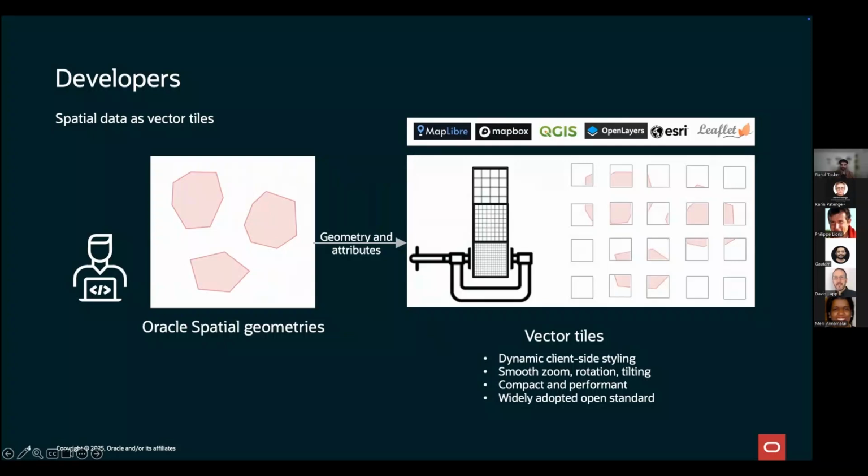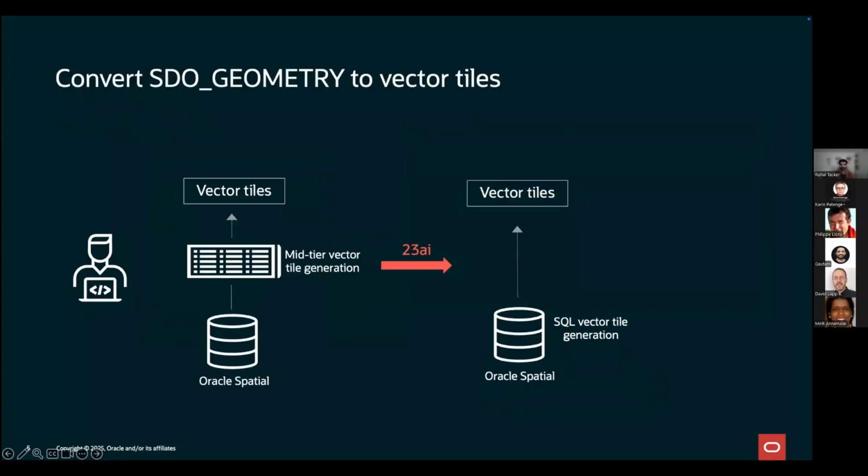As you zoom in and out on the map, the vector tiles become smaller as you zoom in to show more detail, and wider as you zoom out to show less detail. That allows for dynamic styling,